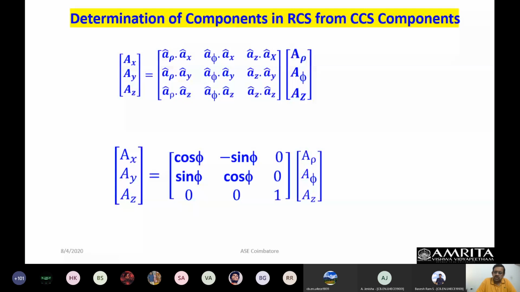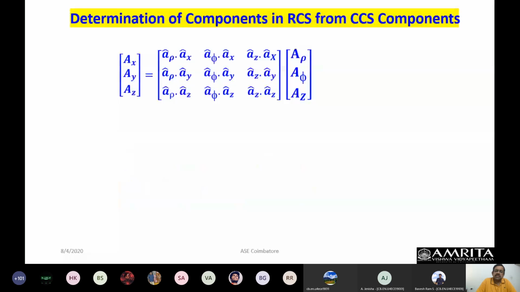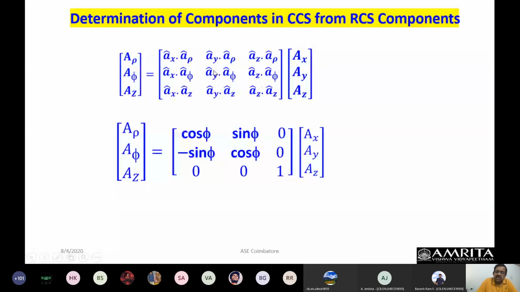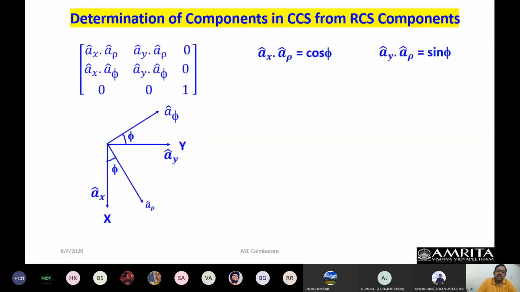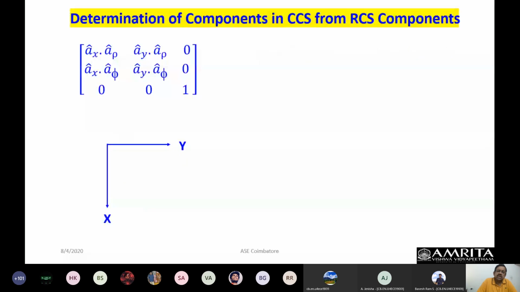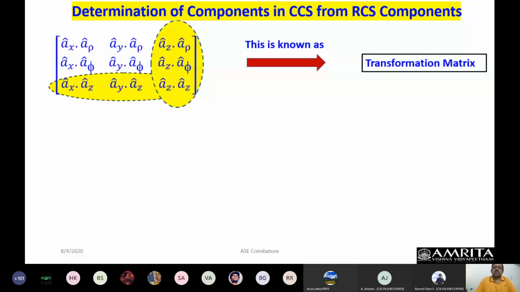The only interchange that you see between the previous matrix and this one is basically the only interchange. I want you to pay attention. There is a minus sign here, there is a sin phi here. I want you to see that the diagonal elements have remained the same, only these 2 elements have changed. How am I seeing that? I give you as an exercise for you to do this with this fundamental step and get this. So when I want to get it, I have to go like this.